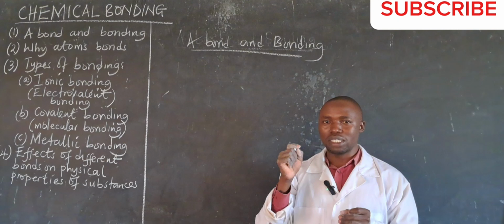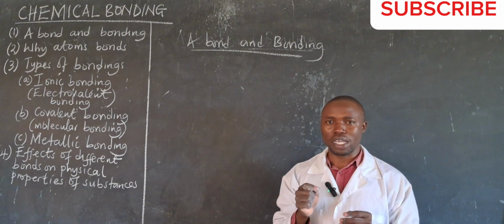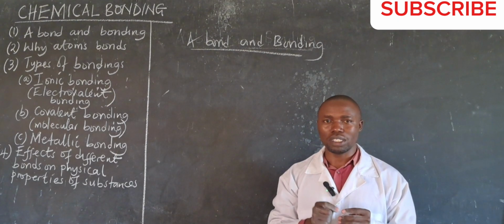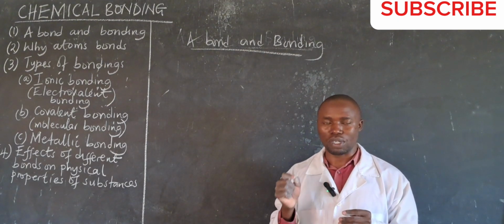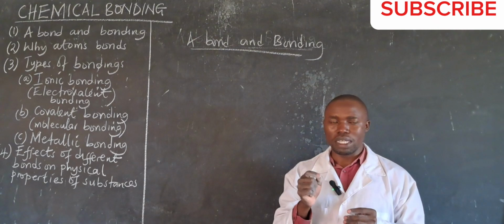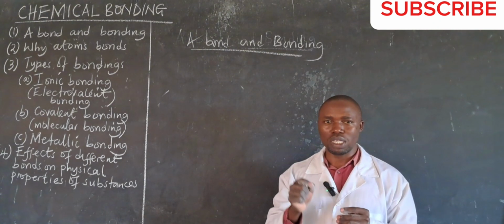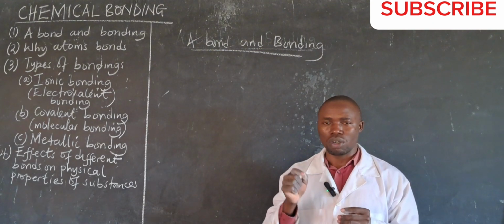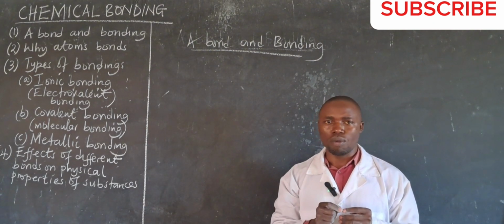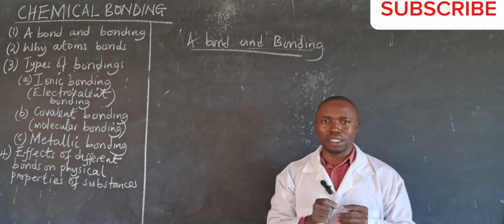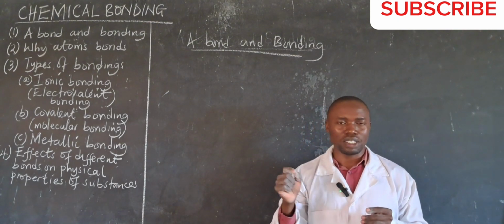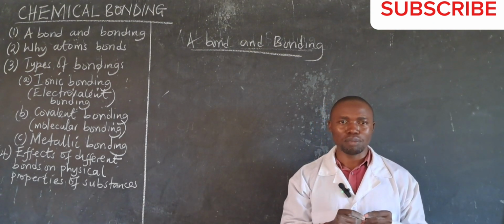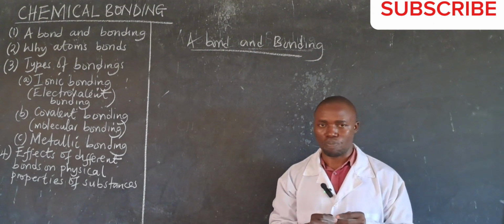Now, a bond only is important as long as chemical reactions are taking place. Remember, a chemical reaction takes place when 2 or more elements come together. A bond is a force of attraction between 2 or more ions, atoms, or molecules. So, a bond will exist when 2 or more things react together to form what we call a new substance. The new substance is called a compound or a molecule.